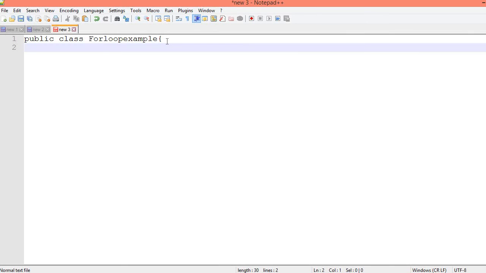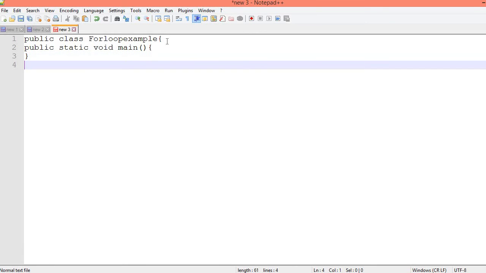Curly braces, public static void main, then close both brackets. Now I will write for loop.